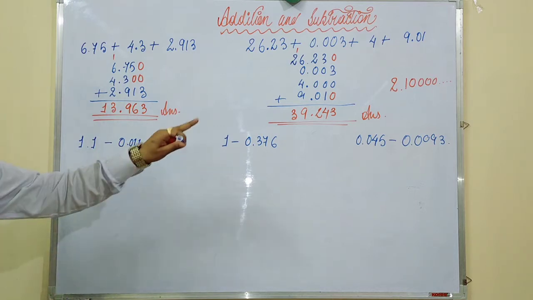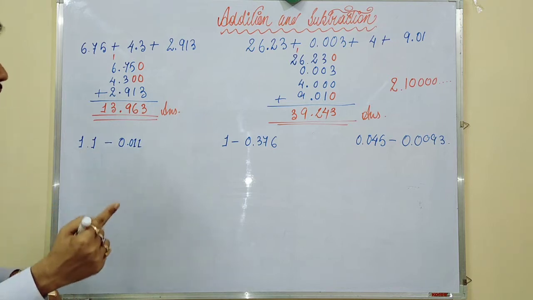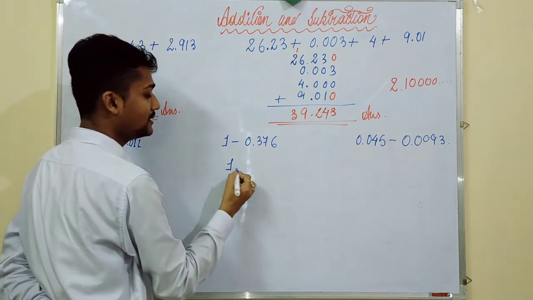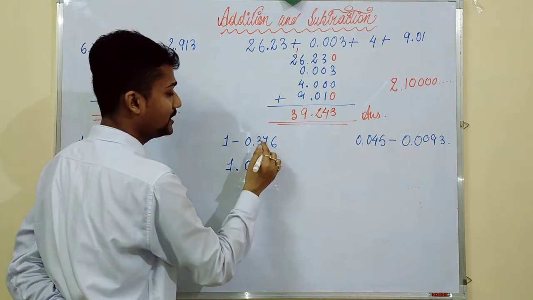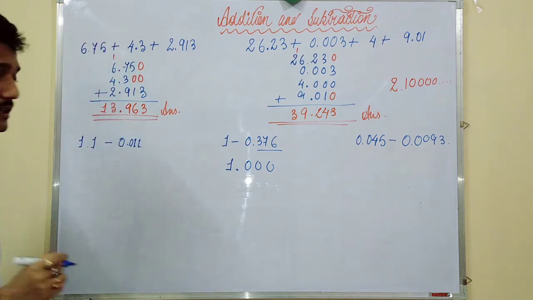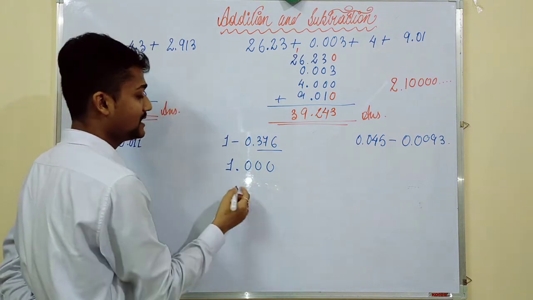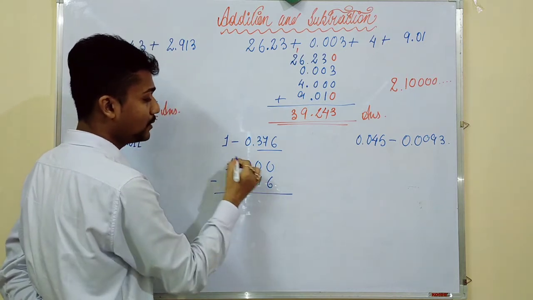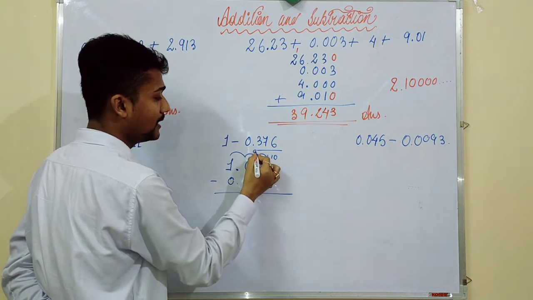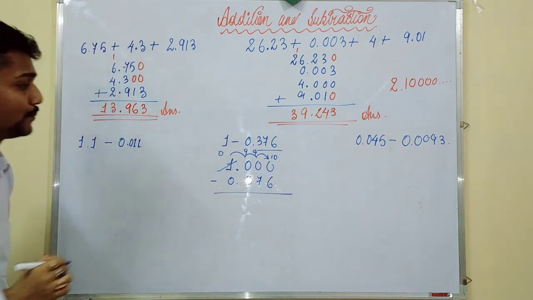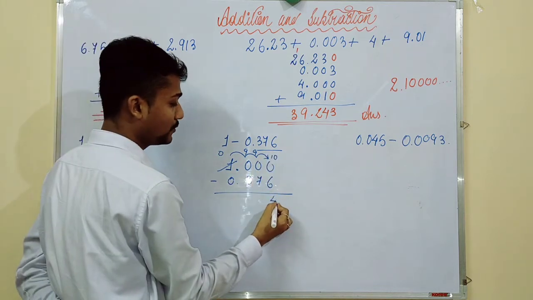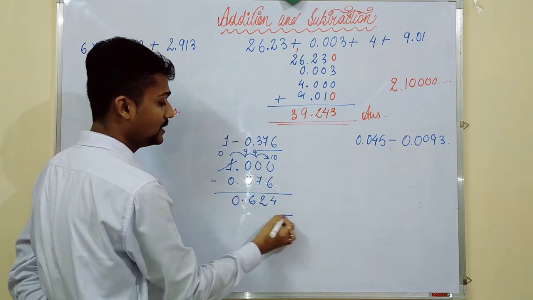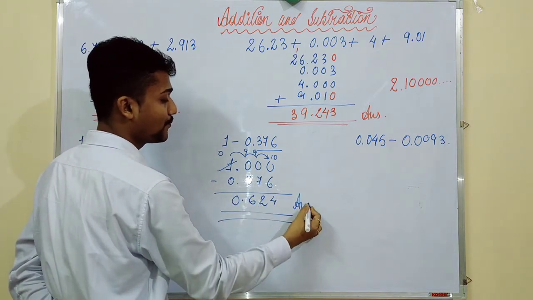Okay, now comes subtraction. Out of the 3, I will do only 1. I will do 2, then the rest 1 you will do by yourself. So 1 minus this one, 1.000. Here, after the decimal there are 3 numbers, that's why I have put 3 zeros after the decimal. Then 0.376 minus, so how much will it be? If I carry, it will become 10, 9, 9, and this will become 0. So 10 minus 6 is equal to 4, 9 minus 7 is 2, 9 minus 3 is equal to 6, 0. This is your required value.